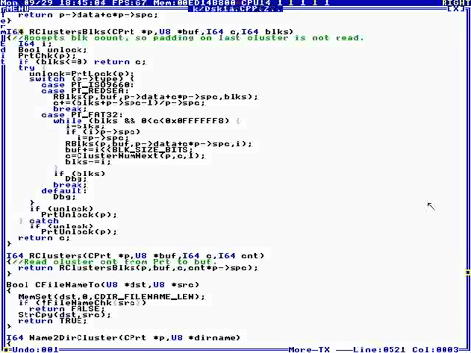A cluster is, for example, 32 blocks. A block is 512 bytes. On a CD-ROM, a block is 2048 bytes. Anyway,